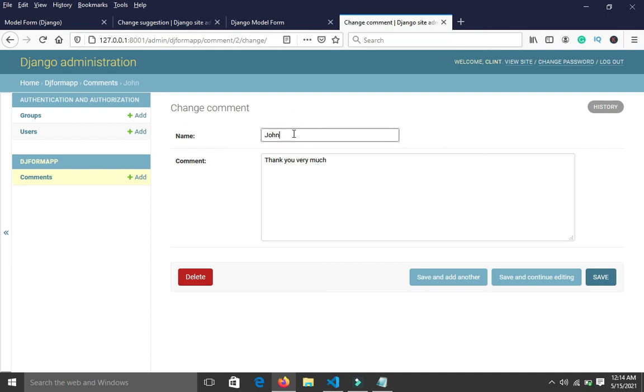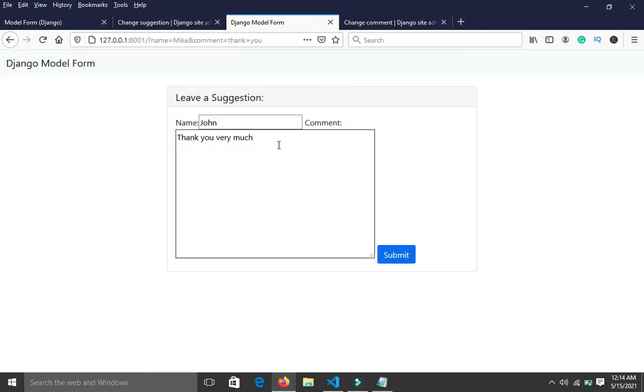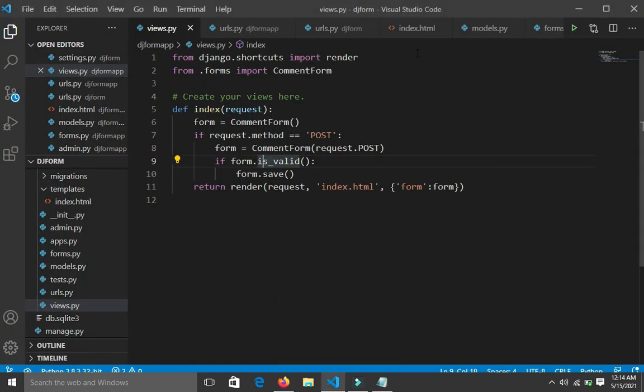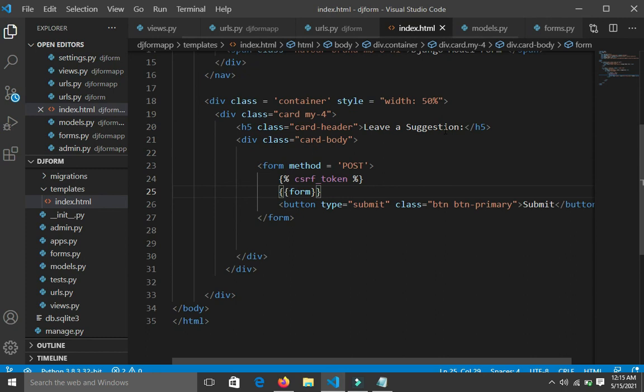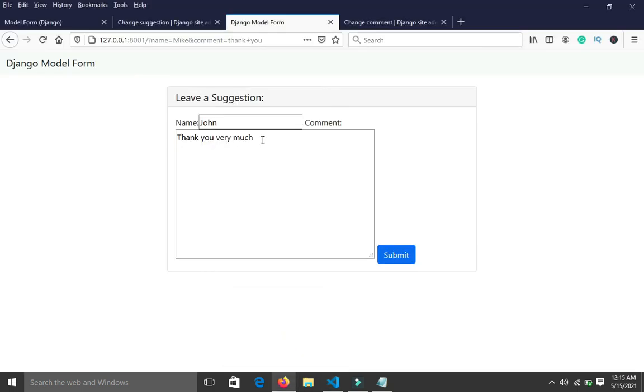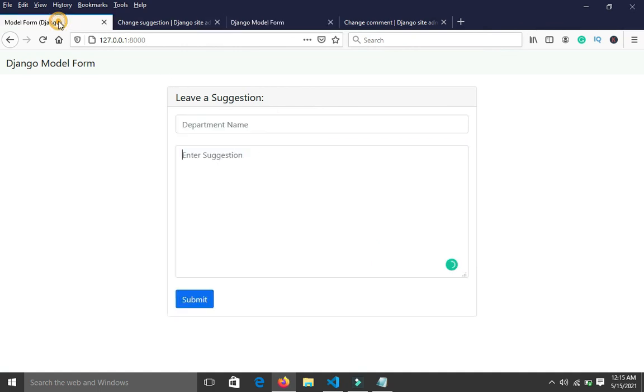So now what I want to do is beautify the form. I want to make this form look beautiful. It's not looking fine at all. So let's do that right now. Before I do that, get down to index.html. I'm going to change this to leave a comment, not leave a suggestion. Leave a comment. Okay, so now I want to make our form look beautiful, add a placeholder, just the way we have over here. Understand? So let's do that right now. We are going to head down to our